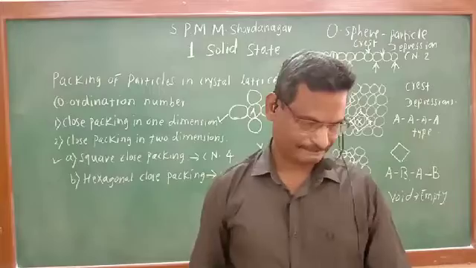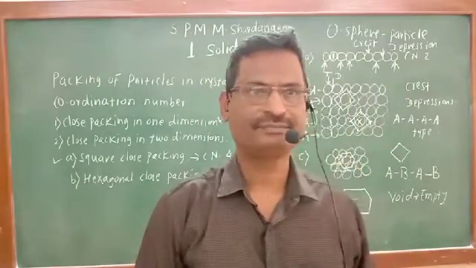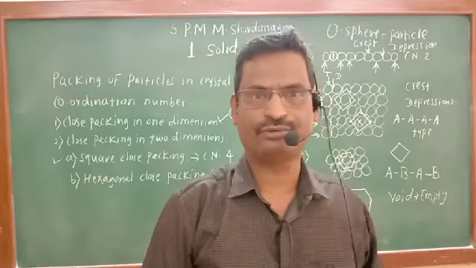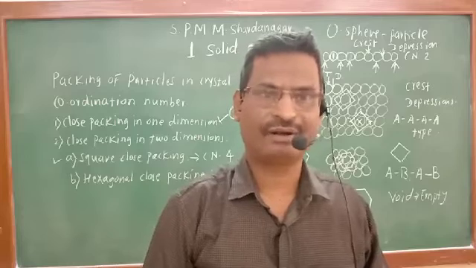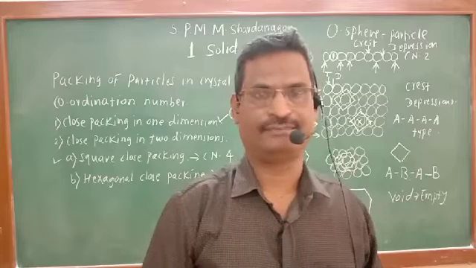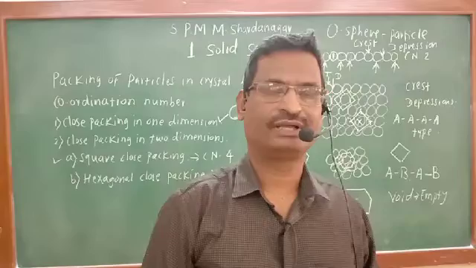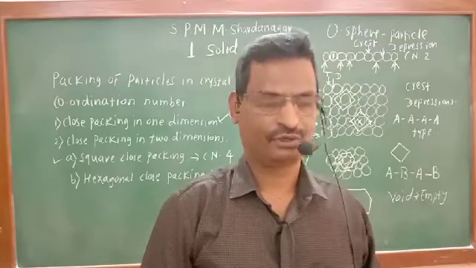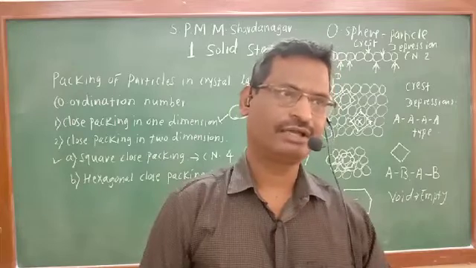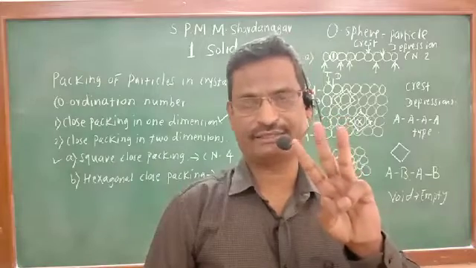In the last lecture, you have seen the crystal systems. You have seen that the scientist Bravais showed 14 different types of arrangements of unit cell. And those 14 types of arrangements are classified into 7 categories. Those 7 categories we have studied, followed by the calculation of number of particles in 3 basic units.